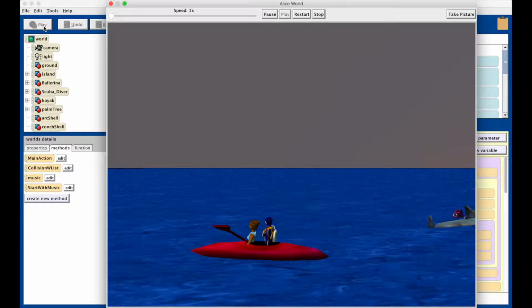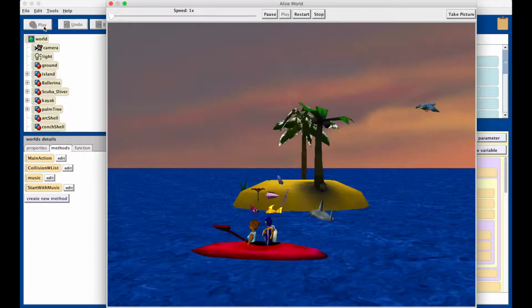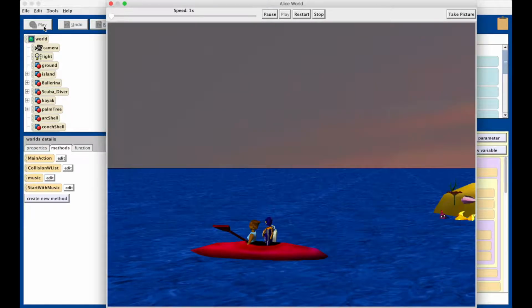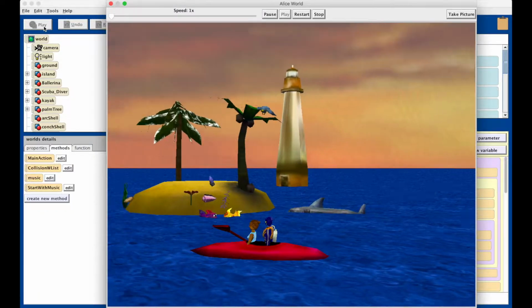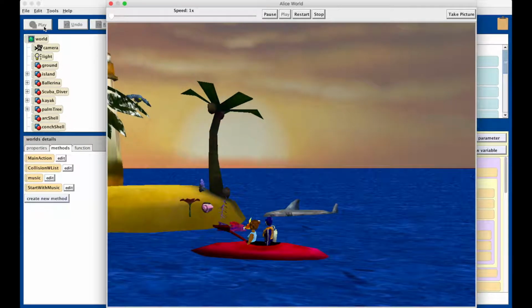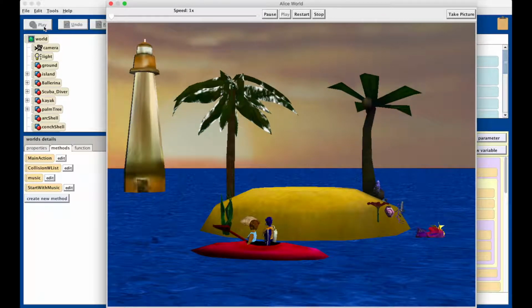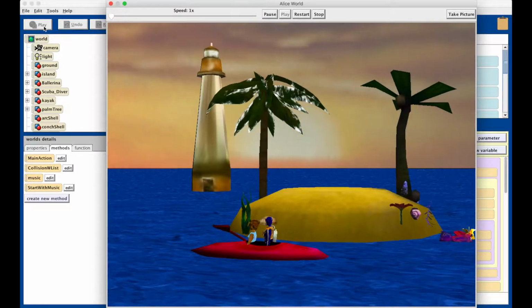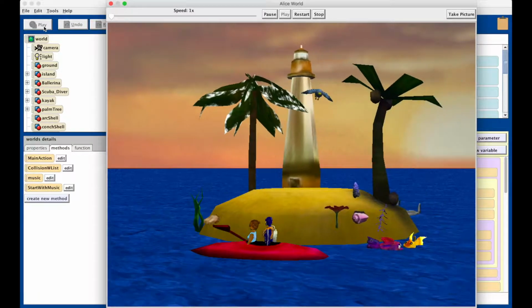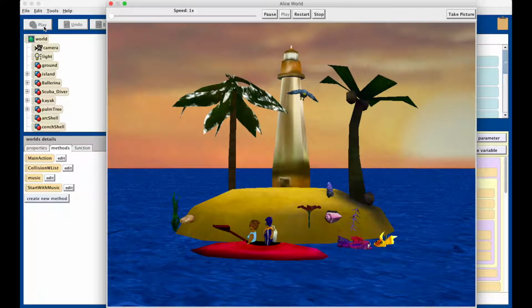With the arrows, the kayak can move around a lot of different places. Always want to stay fairly close to the island, or it's easy to get lost and never find your way back again. As some of my students also discovered, you can go so far that the sky disappears, and after that, the water disappears. One of the challenges that I provided my students was to figure out how to move the bird up, down, left, right,